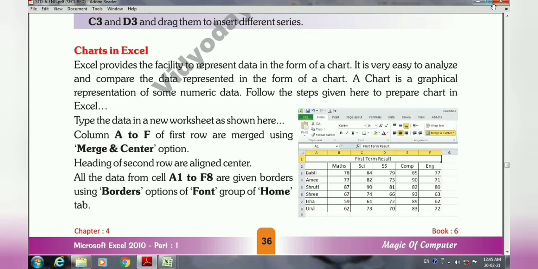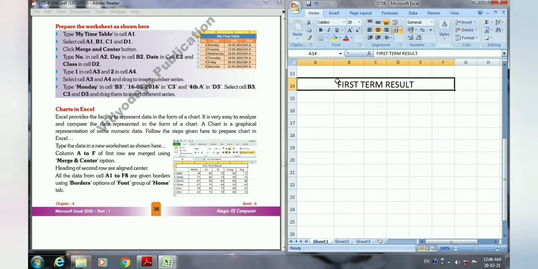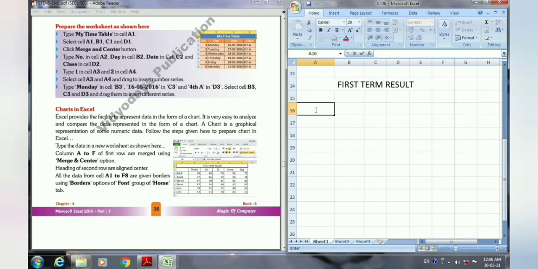Now we will see here the worksheet is already opened by me, the Excel program. Here you have to do the merge and center. Suppose I am doing it, first you just select the cells A to F, and then select the merge and center button from here. And there you just type first term result. Then come to the next cell, and there you just type the subjects' names, that is maths,